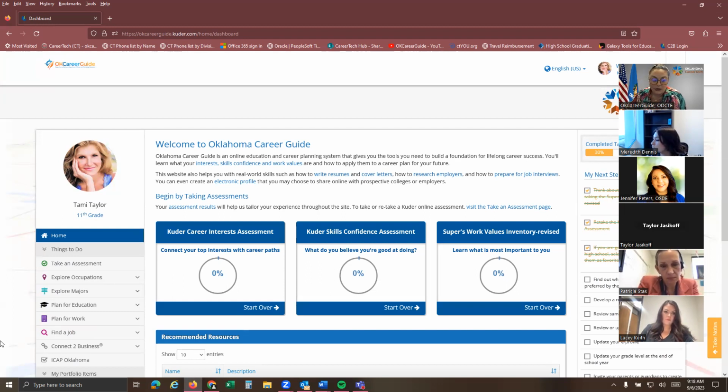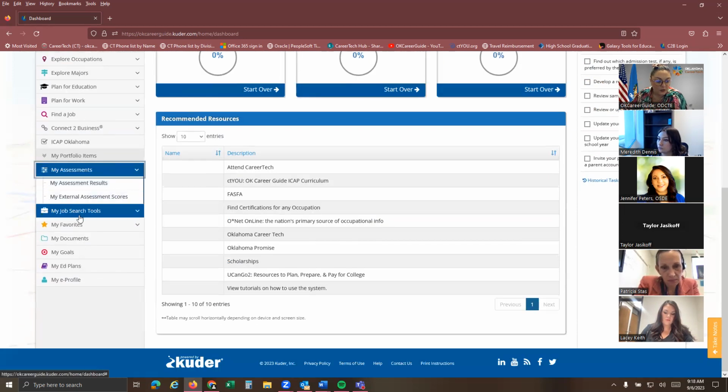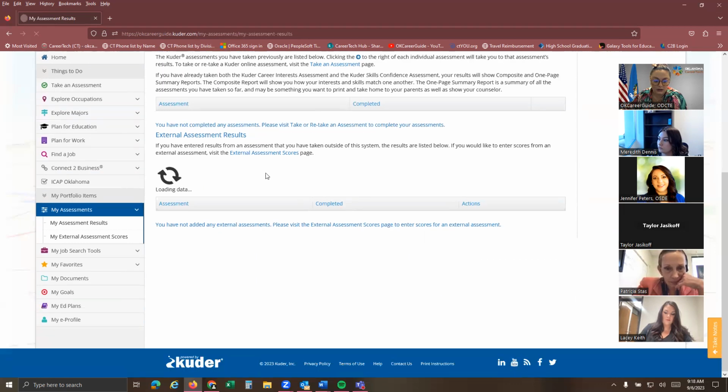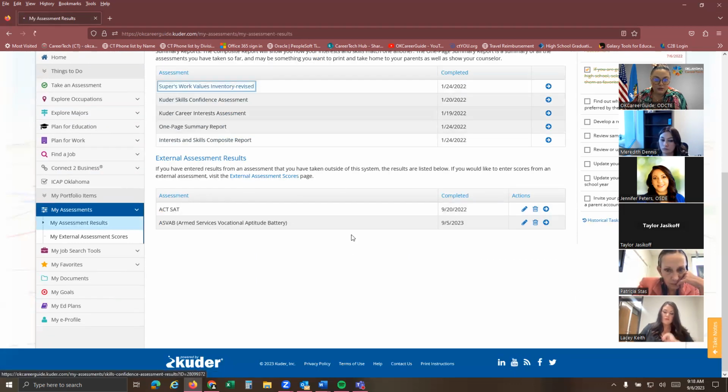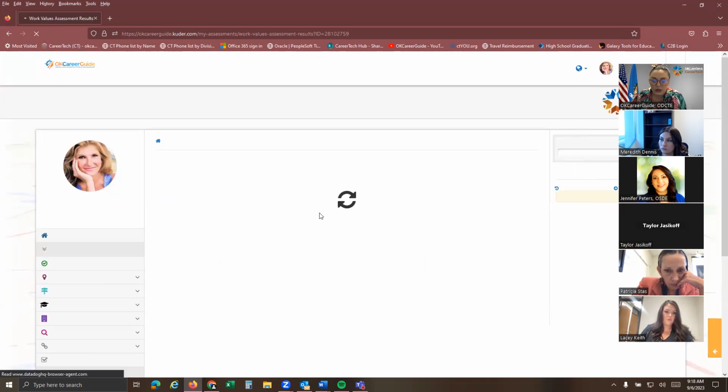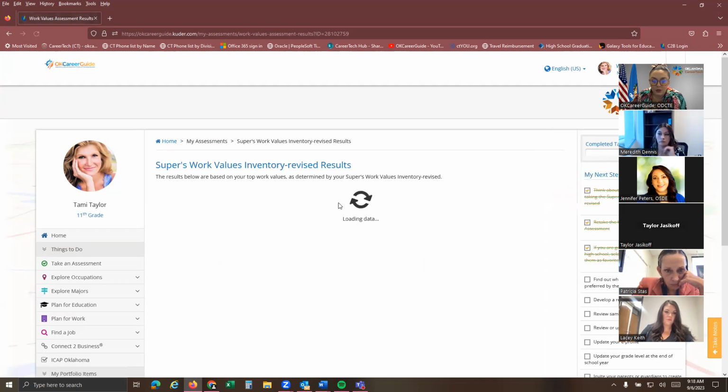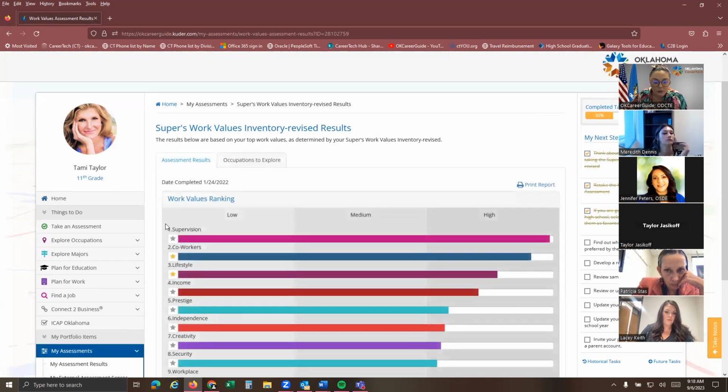My top assessments for work values, I'm just going to use myself as an example, has been supervision and coworkers. So those are my top 2 in terms of work values.